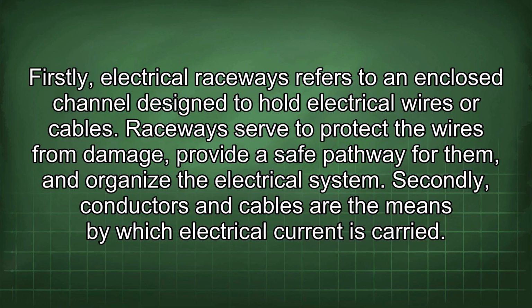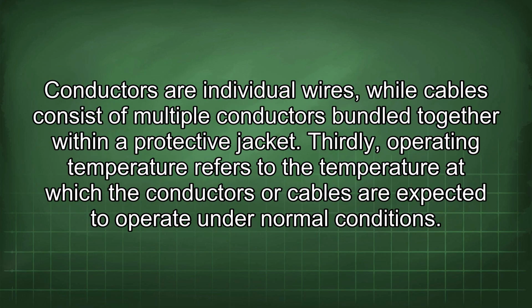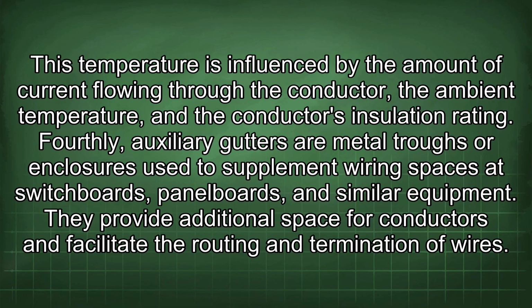Secondly, conductors and cables are the means by which electrical current is carried. Conductors are individual wires, while cables consist of multiple conductors bundled together within a protective jacket. Thirdly, operating temperature refers to the temperature at which the conductors or cables are expected to operate under normal conditions. This temperature is influenced by the amount of current flowing through the conductor, the ambient temperature, and the conductor's insulation